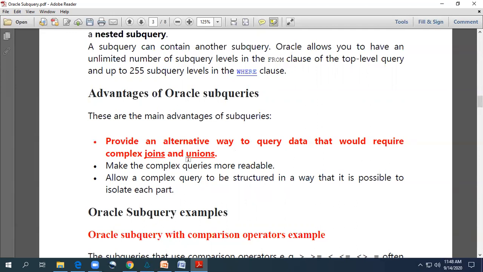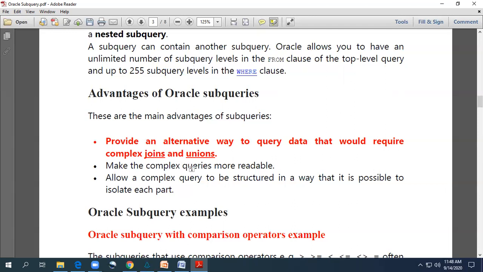As we know, one query can have multiple solutions. So one query you can solve using a subquery, and the same query you can also solve using a join query. We will learn join queries in the coming sessions. Another advantage is that it makes complex queries more readable. As we discuss here, it is also used to write a simple query as compared to a complex query.